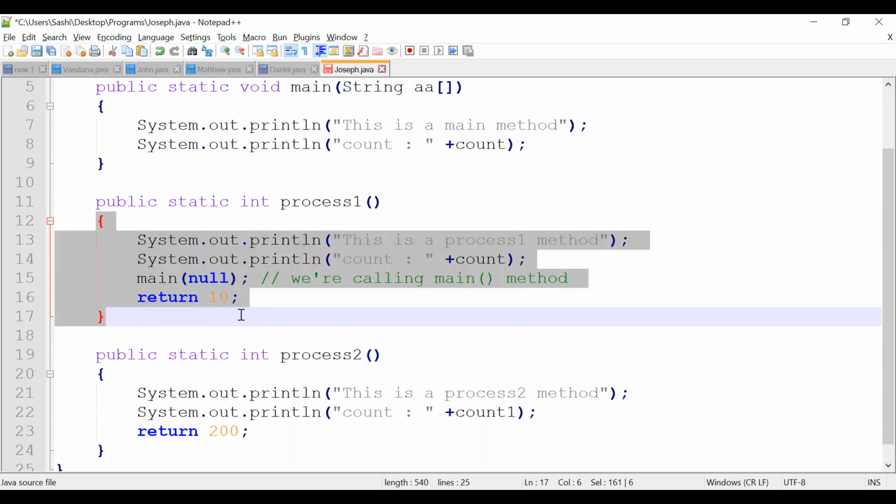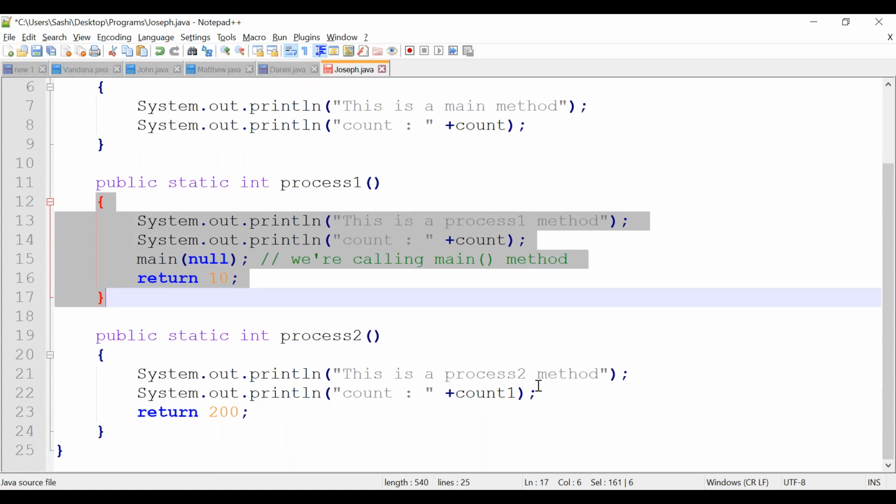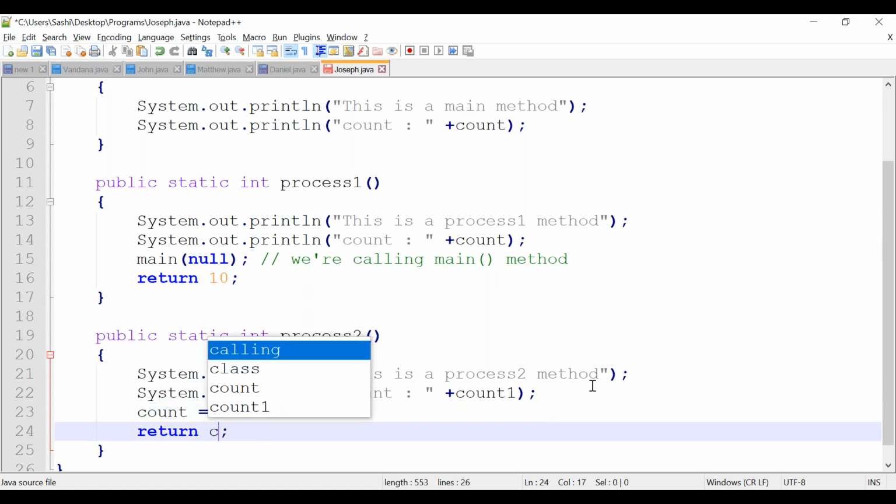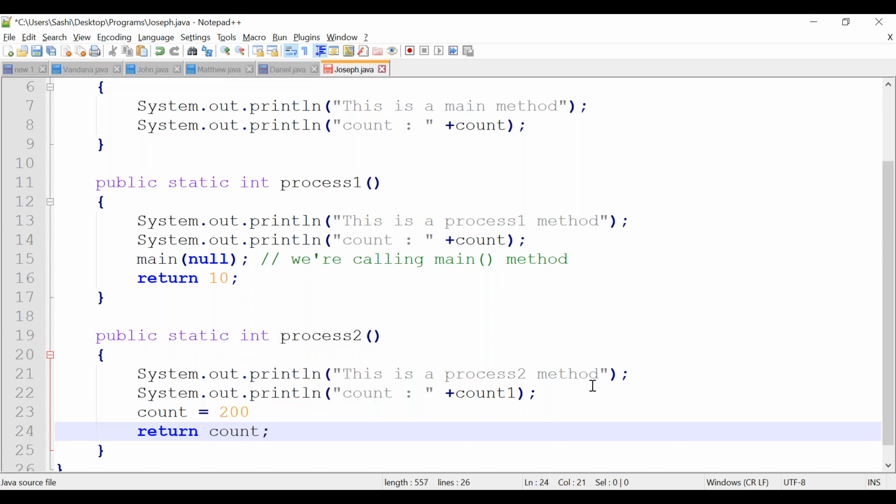But in the process 2 method, what I am trying to do is initialize some value. This is also possible, right? I am initializing count equal to 200, and I am returning count. Possible, right?